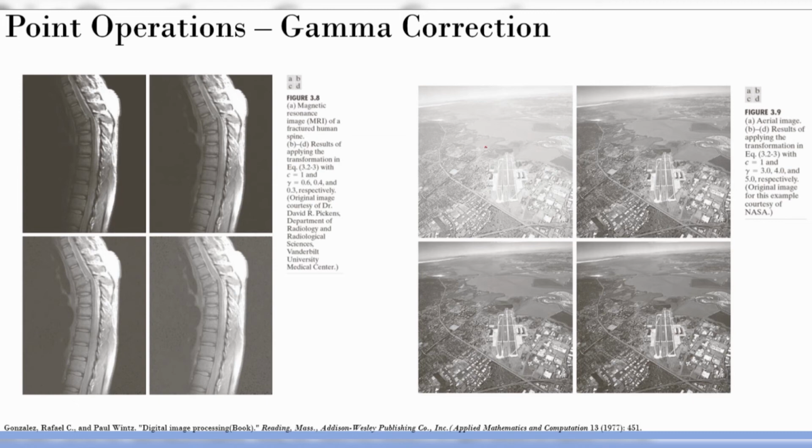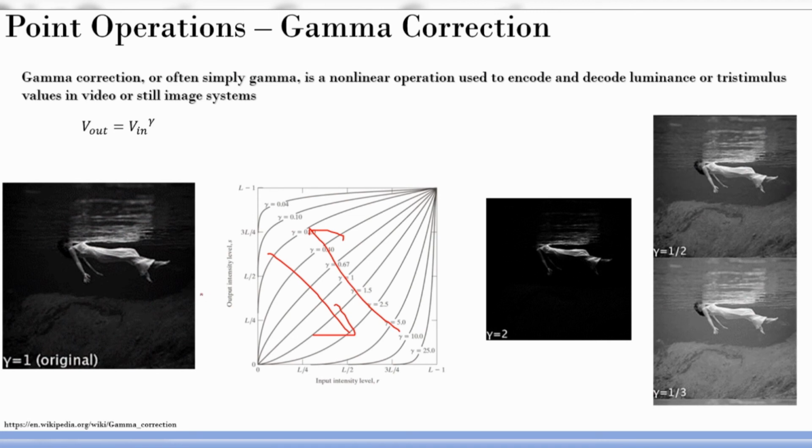So this is the captured image, and if I do gamma correction, on the other side, I need to reduce the brightness. So gamma is higher than 1: 3, 4 and 5. This is 3, this is 4, this is 5, and this is the reference image. If I change the gamma, so when I say gamma equal to 3, 4, 5, you have to go back and see this curve.